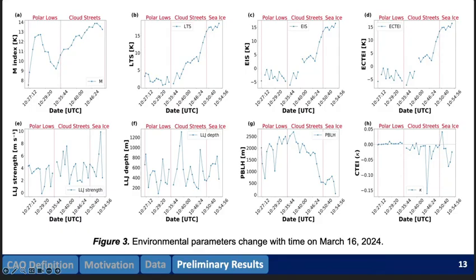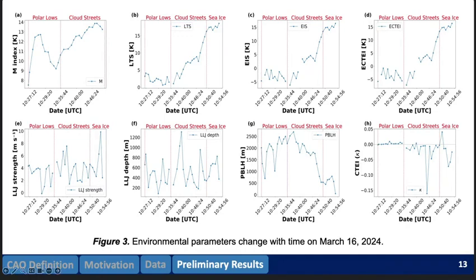Another interesting thing is to look at the boundary layer height. It has large variations over the sea ice and increases all the way through the cloud streams. Within the polar lows, we have several drops where the boundary layer height drops down. But I don't know how to explain this, partly due to the polar lows, the meteorological conditions are more